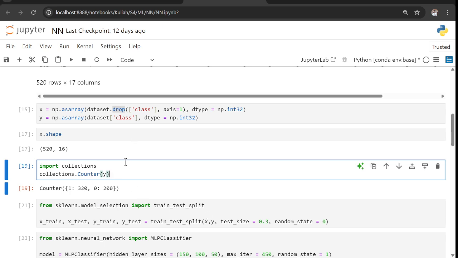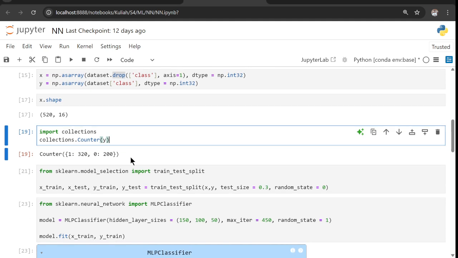After that, I import another library called collections, just to count the data.